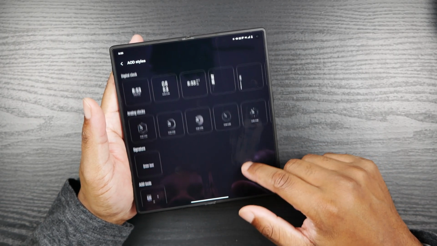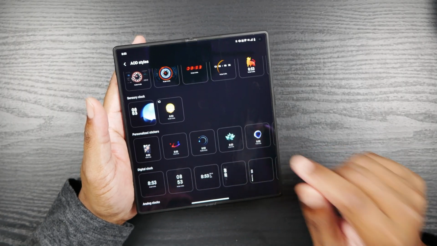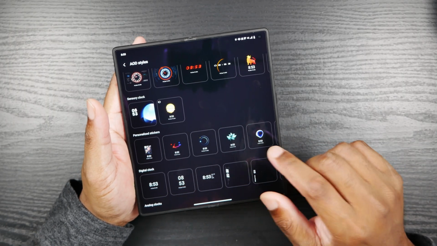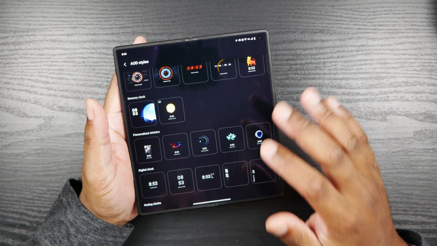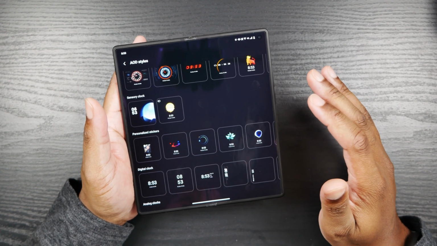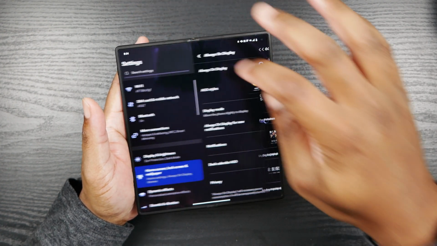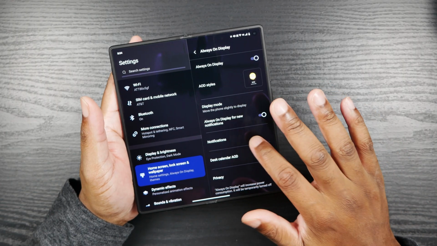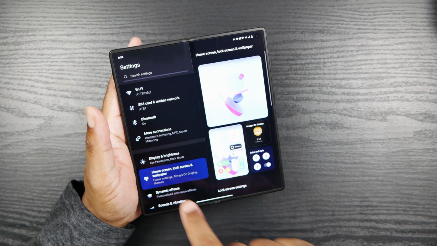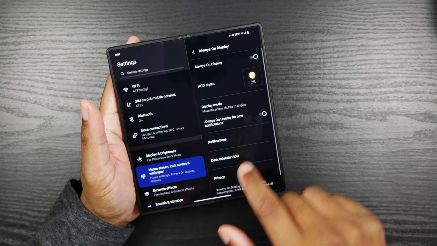But I'm going to show you one of the limitations of the always on display on the Vivo. And this is a Vivo thing. I don't know why they do this. I don't know why they limit you that way. But they do limit you. So moving on, remember we're at the home screen, always on display, and we're going to go